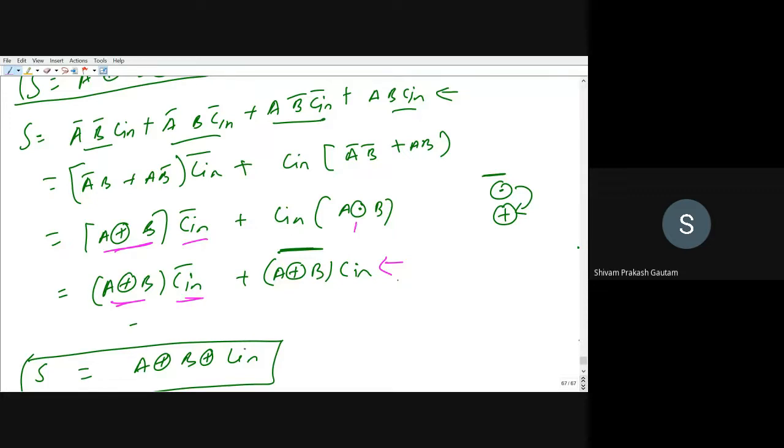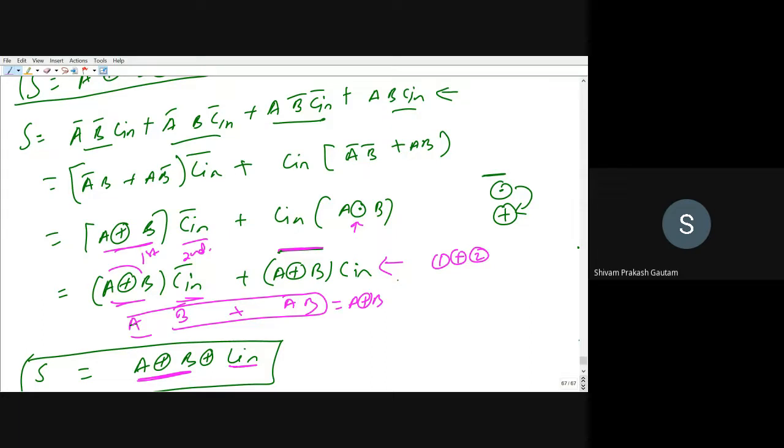Now if you see this XNOR, if you complement XNOR, you will get XOR. So I have complemented it and written the XOR form. And C in bar is as it is. So it is again in the frame. If you consider this is A, C in as B bar, so this is A bar B. So you can see AB bar plus A bar B. This is again A XOR B. So you can treat A XOR B as the first term and this C in as the second term. If this is the expression, you want the first expression XOR with the second term. So the first term is A XOR B, and the second term is C in. Yes, sir. Got it, sir. Okay.